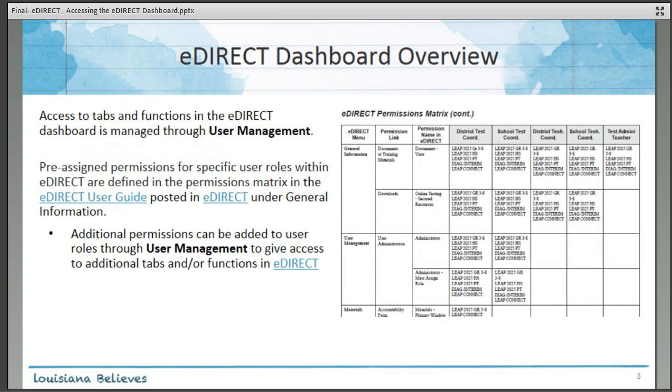Before we begin, just a quick overview of the eDIRECT dashboard. There are multiple tabs available within eDIRECT, and access to these tabs and the functions within those tabs are managed through user management. Pre-assigned permissions for specific user roles within eDIRECT are defined in the permissions matrix, which can be found in the eDIRECT user guide. Additional permissions can always be added or removed from a user through user management to give access to additional tabs